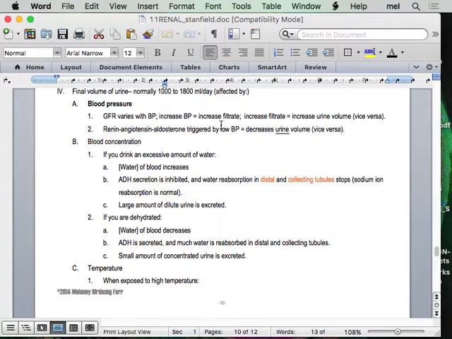Okay, and then if you are dehydrated, you pee less. And the reason is the water concentration of your blood is hypertonic or highly concentrated. The water concentration of your blood is decreased and the solute concentration is higher. And when that is detected at the posterior pituitary, you secrete ADH. And then the ADH goes to your kidneys and causes the water to be reabsorbed at the distal convoluted tubule,